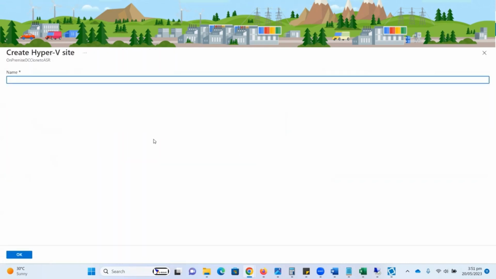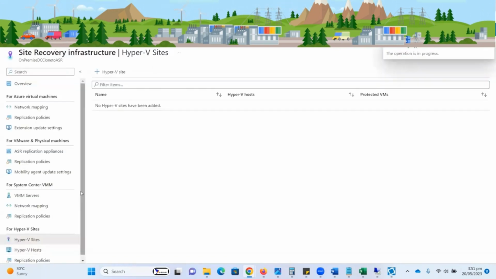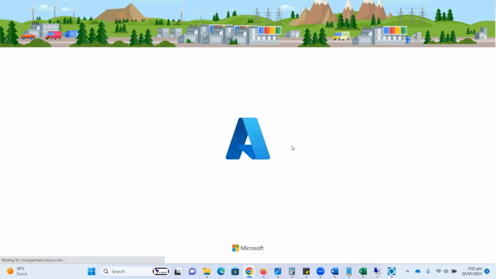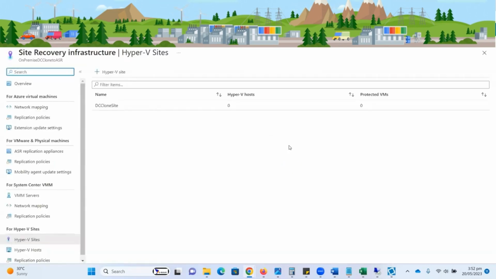When I click on the Hyper-V site, I name it DC clone site. The option will be really simple. Within a few clicks, this site will be created, and after the creation of this Hyper-V site, we will be able to add our host machines from our on-premise data center on the platform of Microsoft Azure. When I click on the refresh button over here, you can see DC clone site is created,